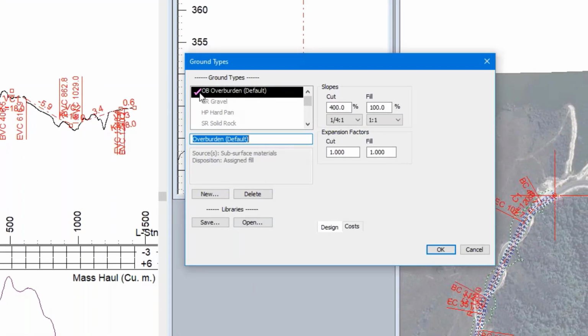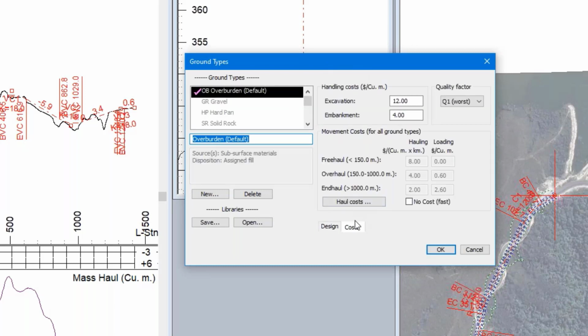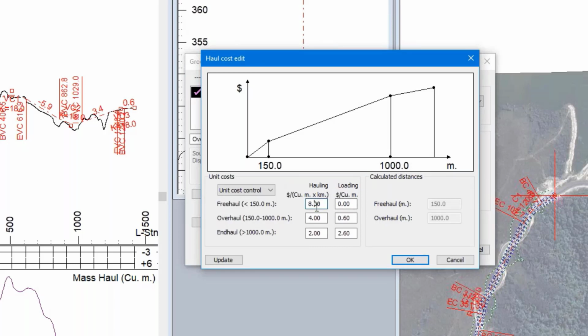Now in this case, I've just got one material type assigned. I'll work with a different example with multiple materials here later, but one material type assigned, and the costing information is carried over here. So for this, I've got overburden. I'm telling it that it's going to cost $12 a cubic meter to excavate, $4 a cubic meter to place and compact. And for my hauling, I've got free haul, overhaul, end haul, all separated out, and I've got different